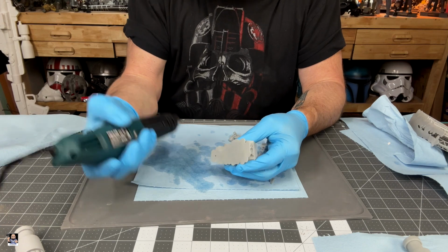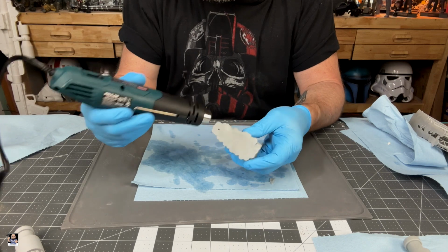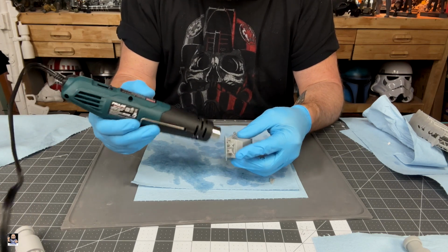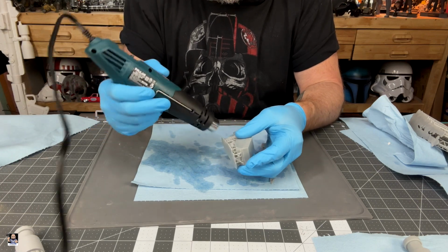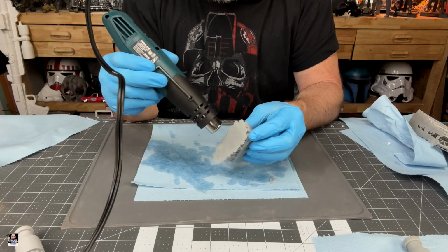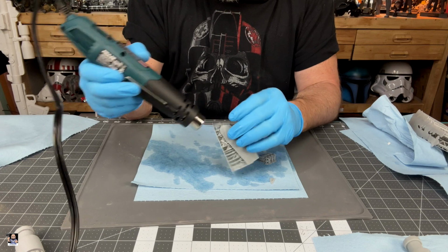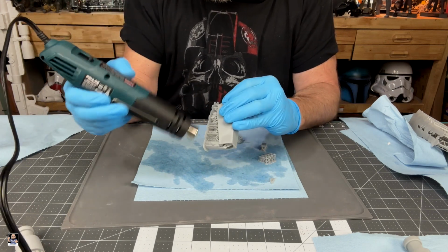So basically, I'm just going to heat up the supports. This also dries the denatured alcohol. But this right here will help tremendously on removing your supports. Makes it a little bit easier. You just want to keep it moving. And it gets hot. This thing gets just as hot as a normal heat gun. But as you can see, as long as you keep it moving,